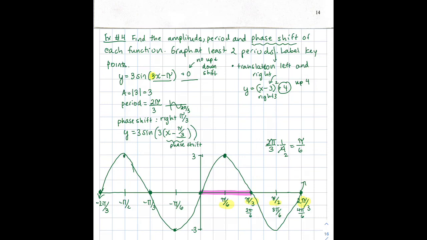So I'm going to draw my final graph in pink so that we can distinguish it from the initial graph. So initially you see that if you start with the point that is on the origin and you move it right pi over 3, it doesn't appear the graph has shifted at all. But if we take the maximum at pi over 6 and move it right, we see that the maximum has shifted. And so the entire graph, if we now go ahead and move every single point right 4 spaces, we see that the entire graph has now shifted so that your final graph looks like a reflection of